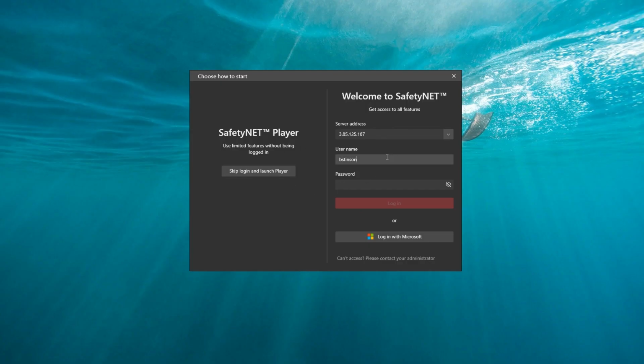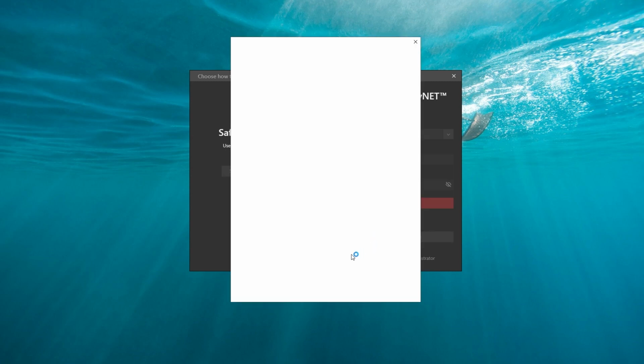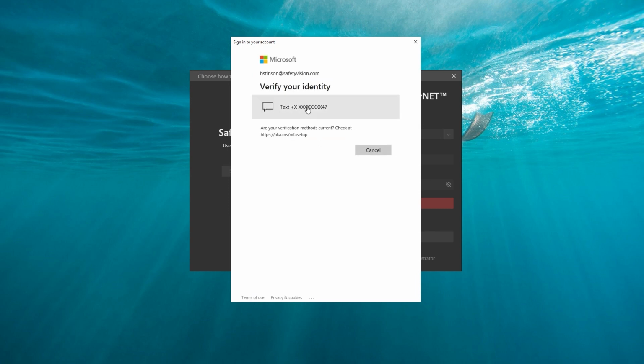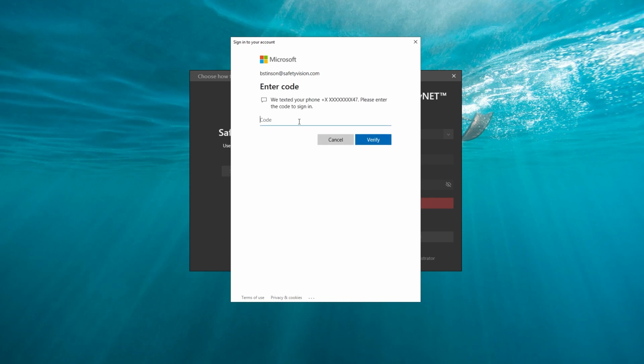To log in, an administrator will create a username and password for everyone who will be using the software. This can be one password for everyone or a unique one for each user. SafetyNET 5 also allows login through Microsoft Active Directory. This utilizes a user's existing user settings and permissions. Simply typing in your account credentials and then a two-factor authentication for added security makes this process